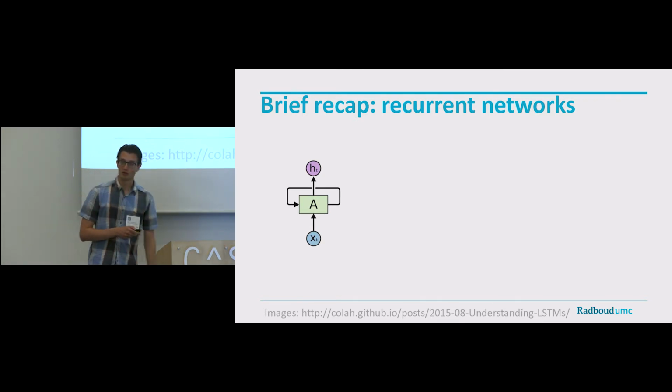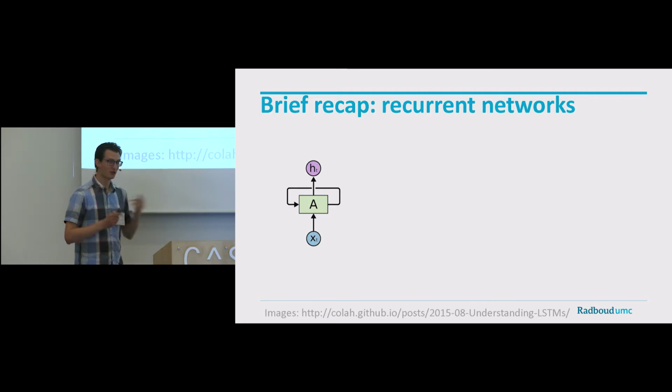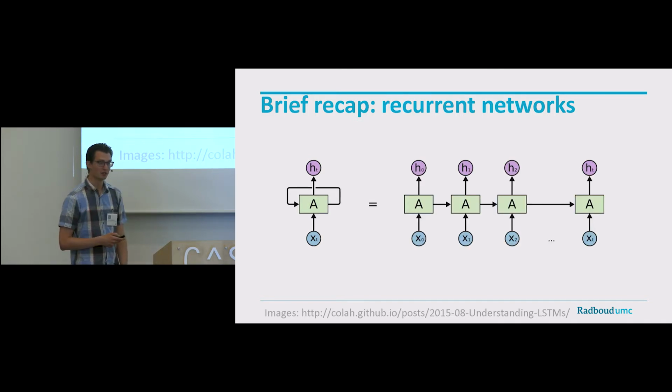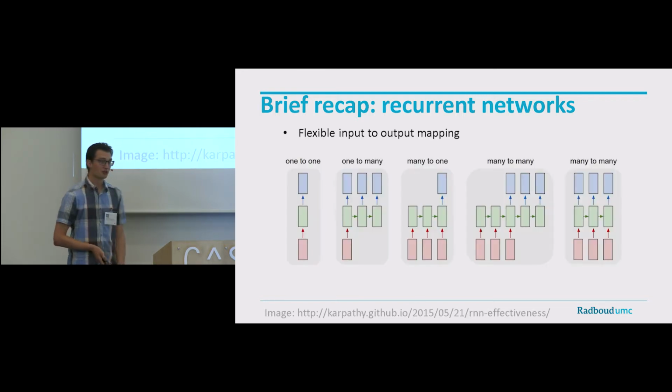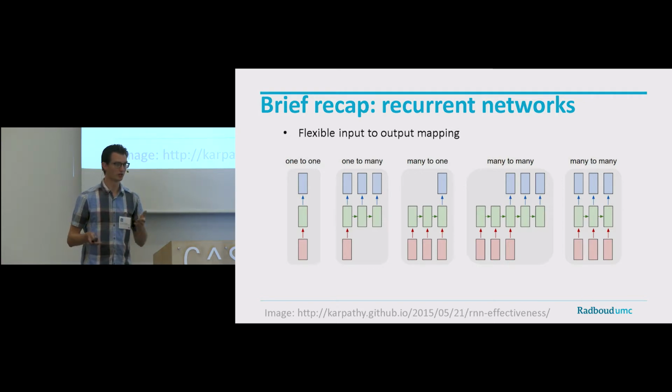Well, this might be boring for a bit of you, but I want to go through this a bit fast to get an indication. A recurrent neural network takes some input and generates some output. It has some recurrent dependencies. If you unroll this, as is typically done, then you can suddenly use backpropagation over this to get your gradients. It is a very general framework. The nice feature is that instead of a normal feed-forward network with a one-to-one mapping, you suddenly have a broad variety of input-to-output mappings,